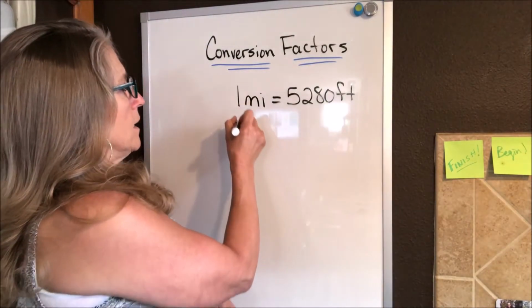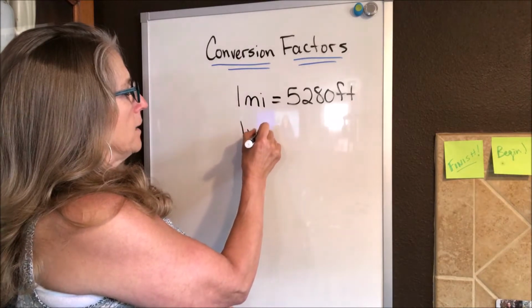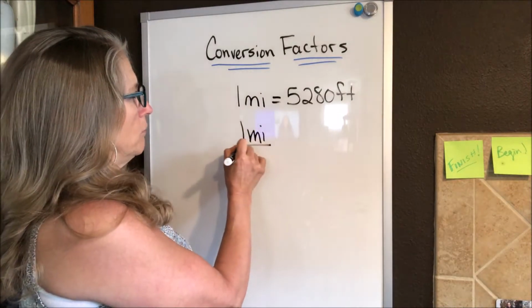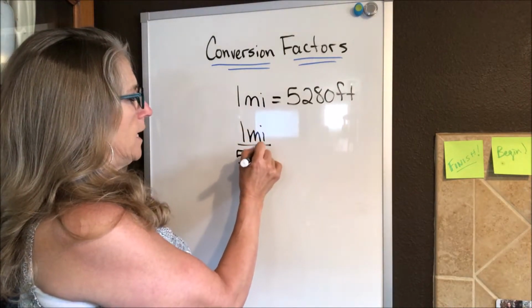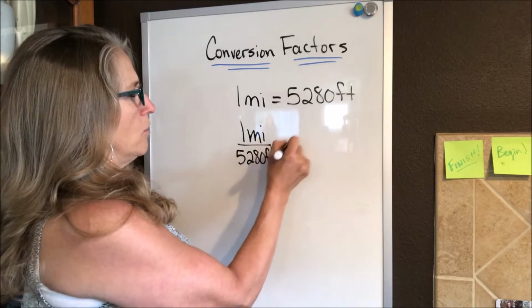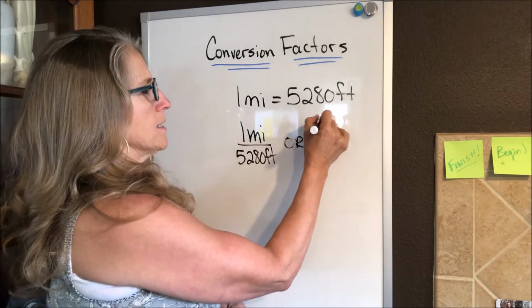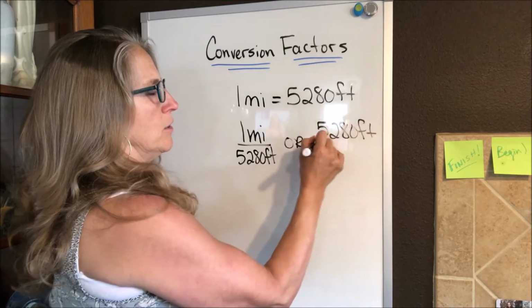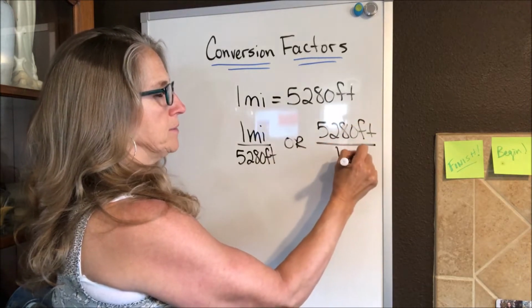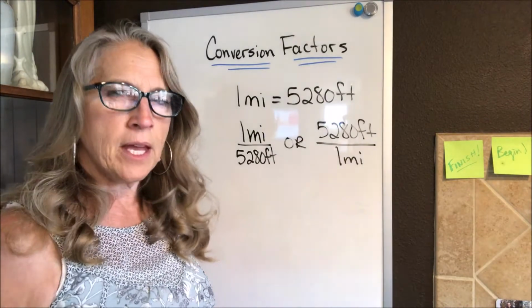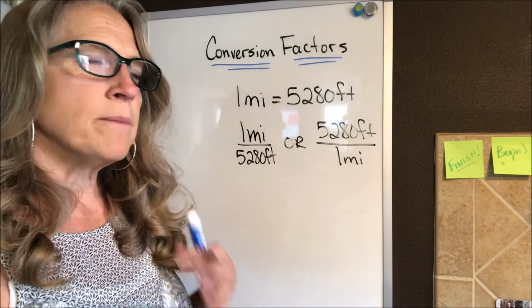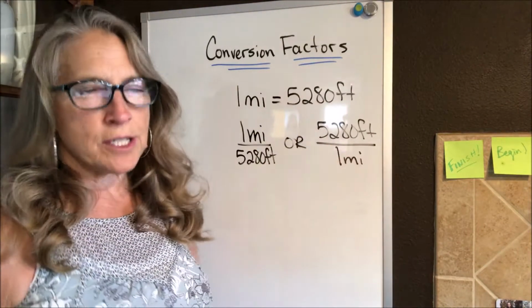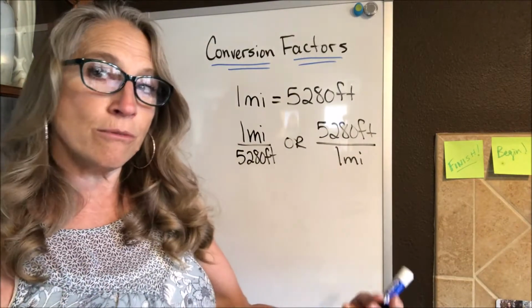We could write it as 1 mile over 5,280 feet, or we can write it as 5,280 feet over 1 mile. Okay? And so what's important about which one we choose depends upon what units you want to end up with